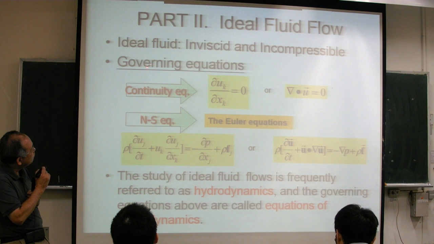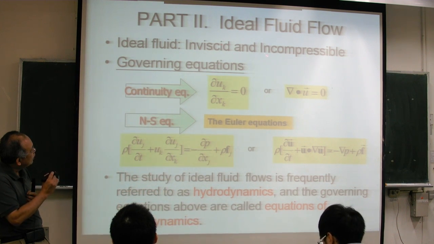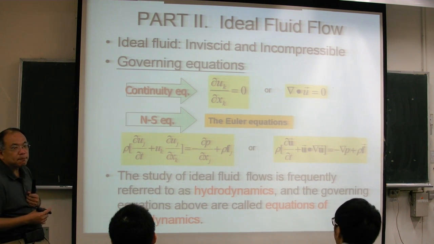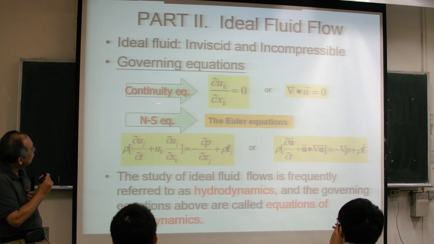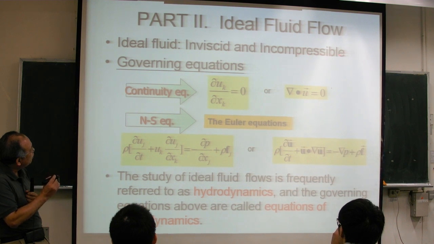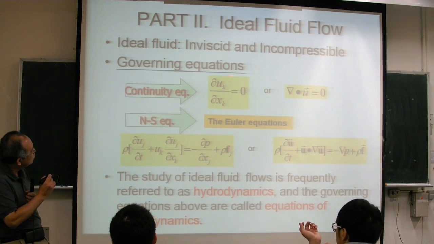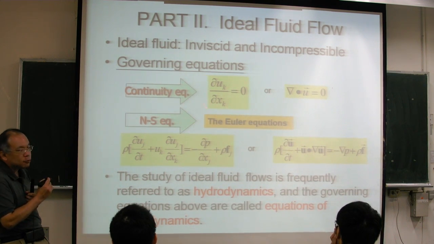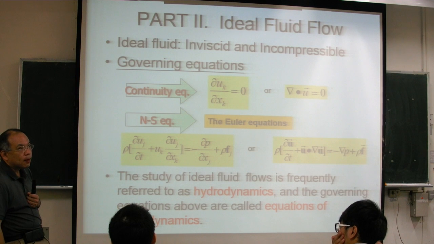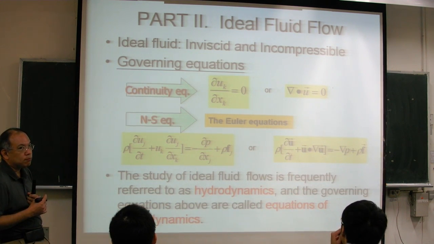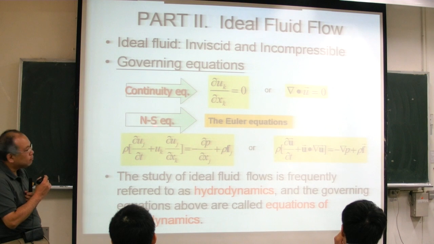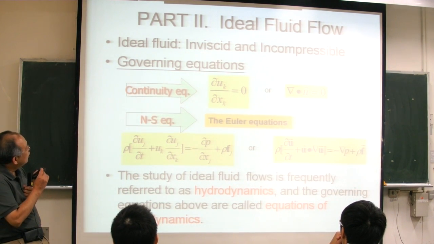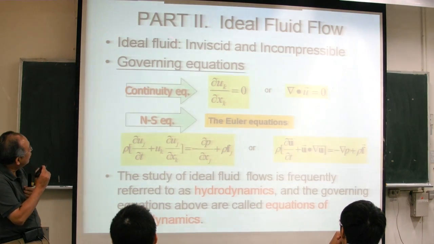So based on the ideal fluid definition, inviscid and incompressible, our governing equations can be simplified. First, the continuity equation. Because the flow is incompressible, our continuity equation reduces to divergence of U equal to 0, or partial U_k over partial x_k equal to 0 in tensor notation. That's the continuity equation. And the Navier-Stokes equation is very complicated, but due to the implicit assumption of the ideal fluid,